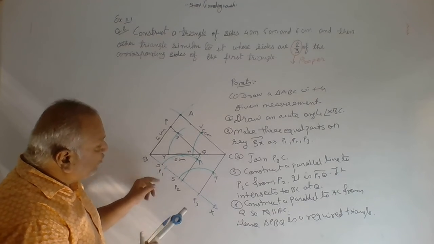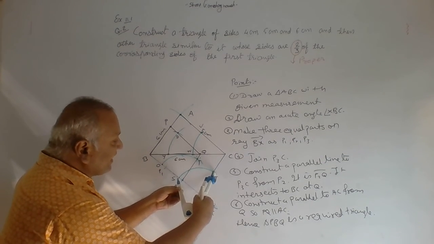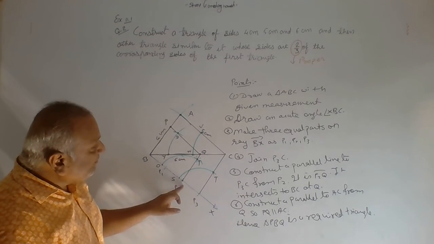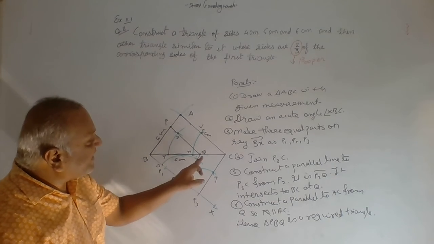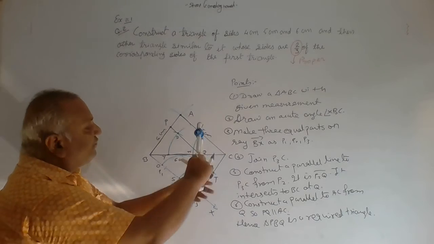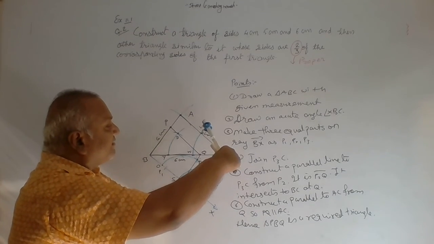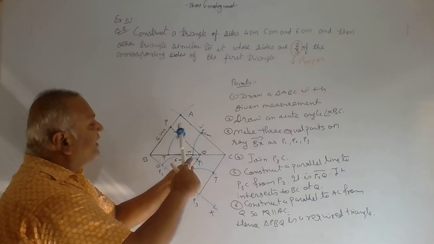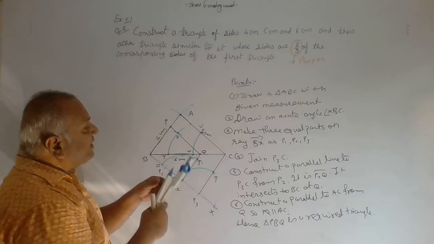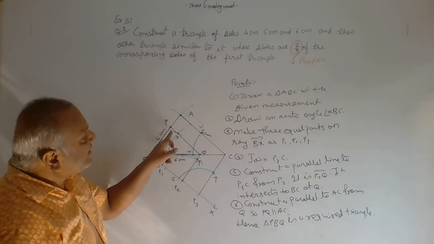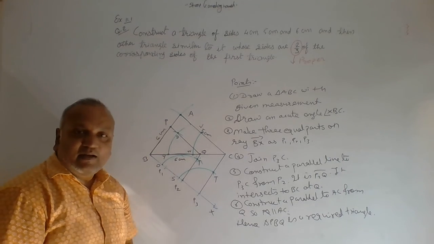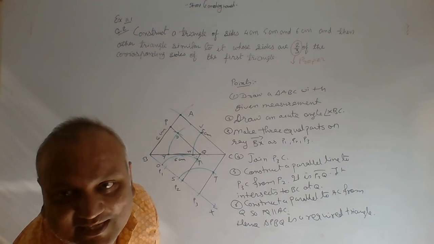It will intersect at O. Then I have taken the width of this angle and made an arc from O. It will cut at T. Now join P2 and T. It will intersect BC at Q. Now from Q we have to draw a parallel line to AC. So from C I have constructed an arc, with the same measurement from Q. Then we take the width of this angle and it will cut at D. Then we join Q and D. It will intersect AB at P. So PBQ is the required triangle. I hope you understand it, beta.